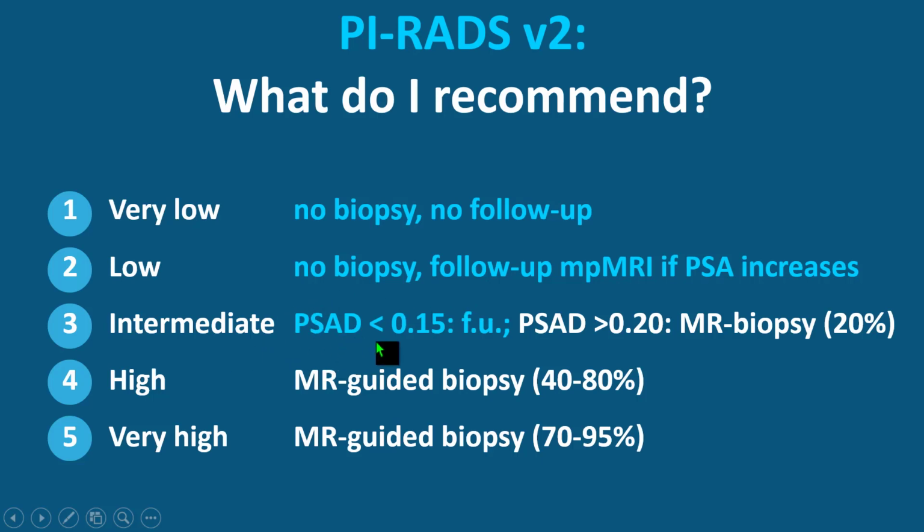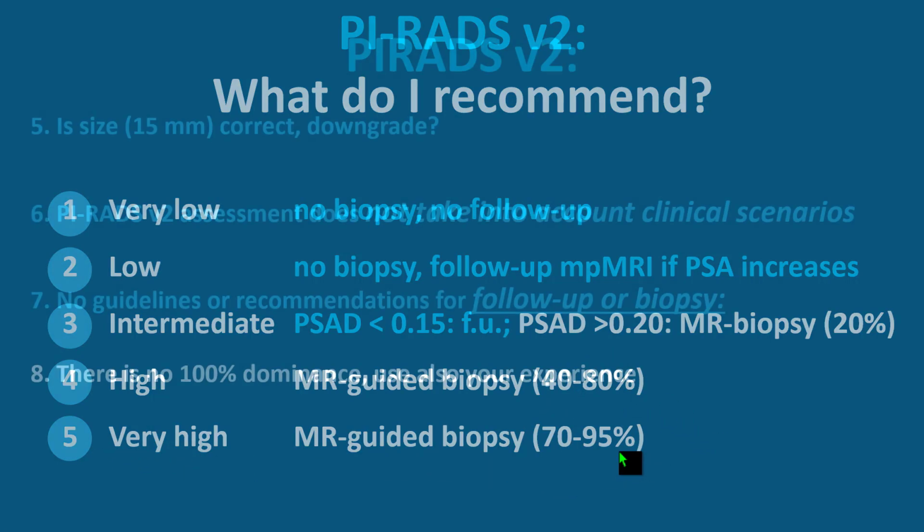If there is a low PSA density in a PI-RADS 3, do a follow-up MRI within a year. If there's a high PSA density, do an MRI biopsy. But again, this also depends on other factors. And you can see that the yield in the literature is about 20%. If it's a 4 or a 5, do an MR-guided biopsy or an MR-targeted biopsy. It depends on the size and shape of the lesion whether you should go in-bore or use transrectal ultrasound MRI fusion. You can see that the yield depends on the publication. In PI-RADS 4, it's between 40 and 80%. And in 5, usually you should find a cancer.